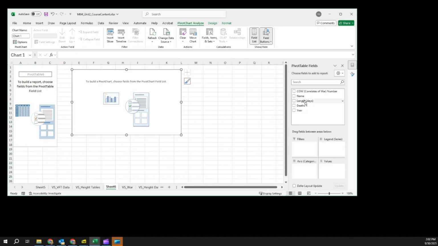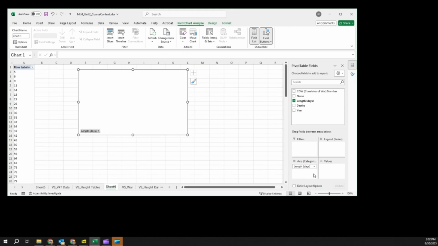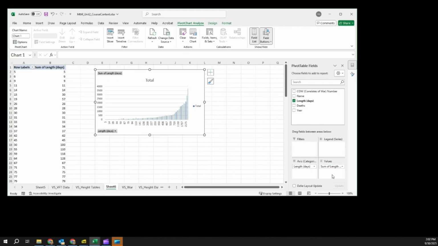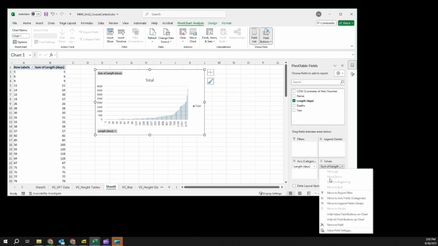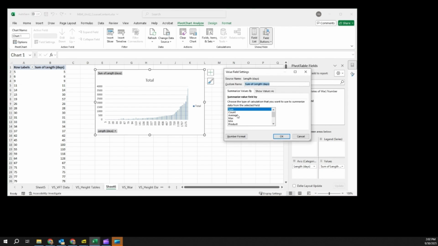One of the data points or field values is the length of the war in days. I'm going to make a histogram of that. Click on length days and drag it down to the bottom left hand corner, and then again to the bottom right hand corner. Again, I have sum of length and I want count, so left click, valued field settings, count,